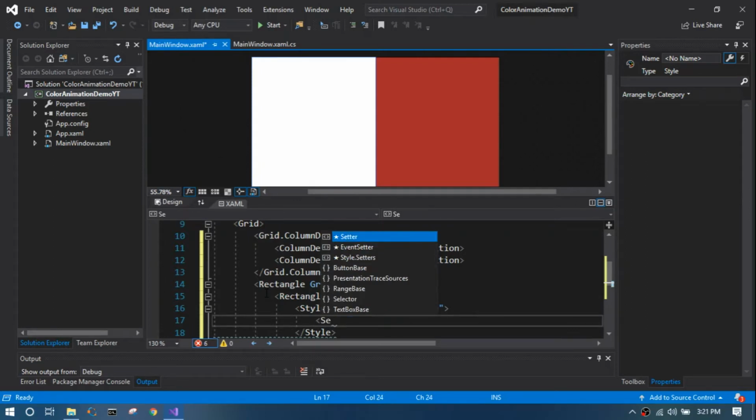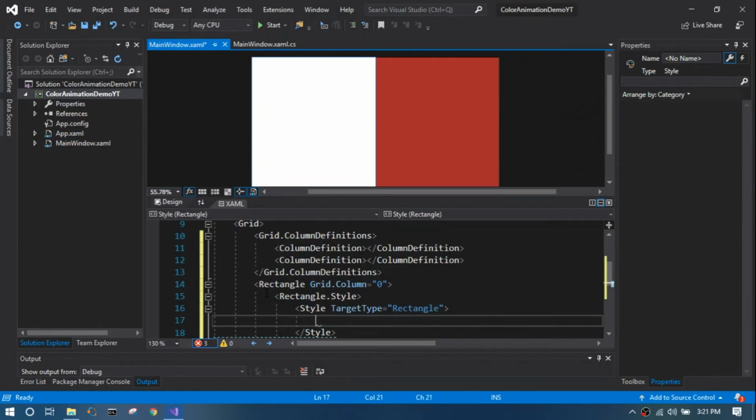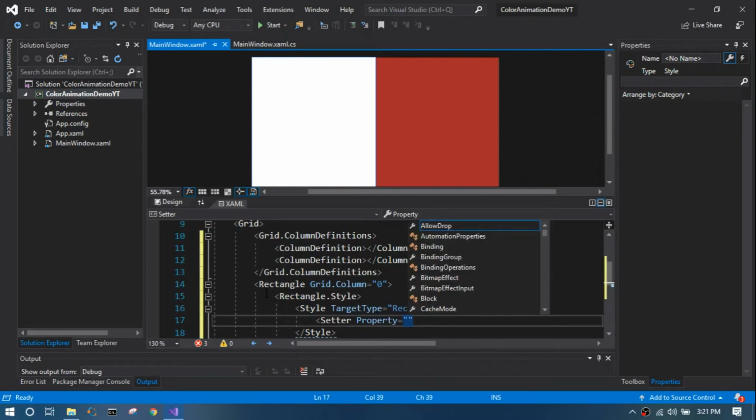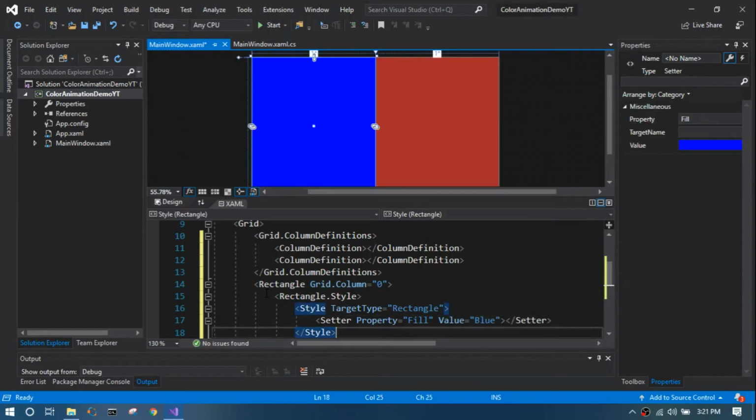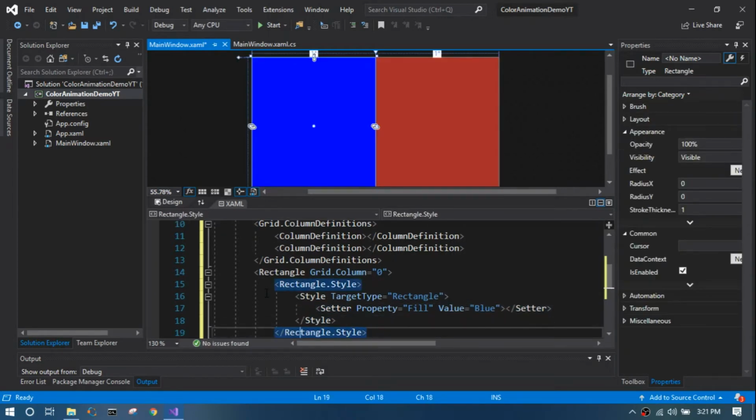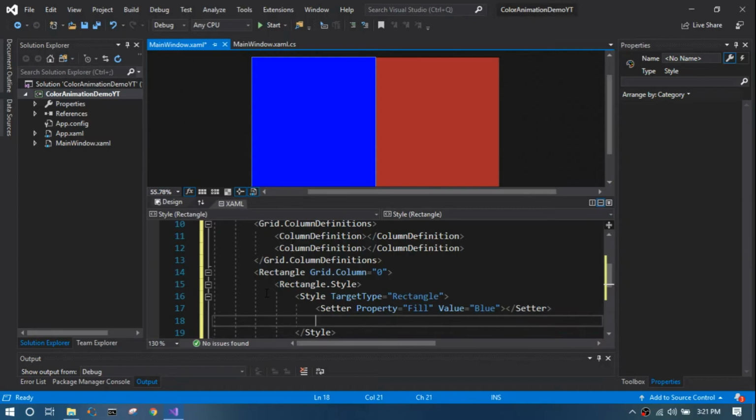Initially your rectangle will have one color, right? So that color you are going to animate to some other color. So the transformation is what we are going to do. In order to set the initial property, we will be using the Setter tag, and in the Property we'll keep it as Fill and Value as Blue. So now this property is set in the style,